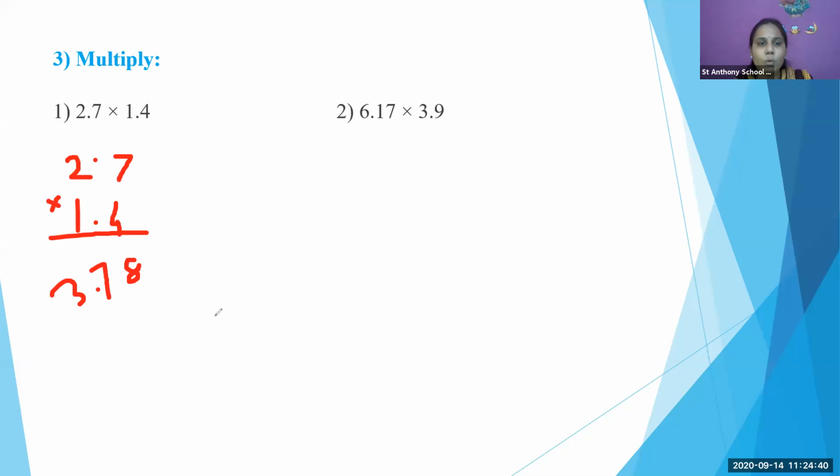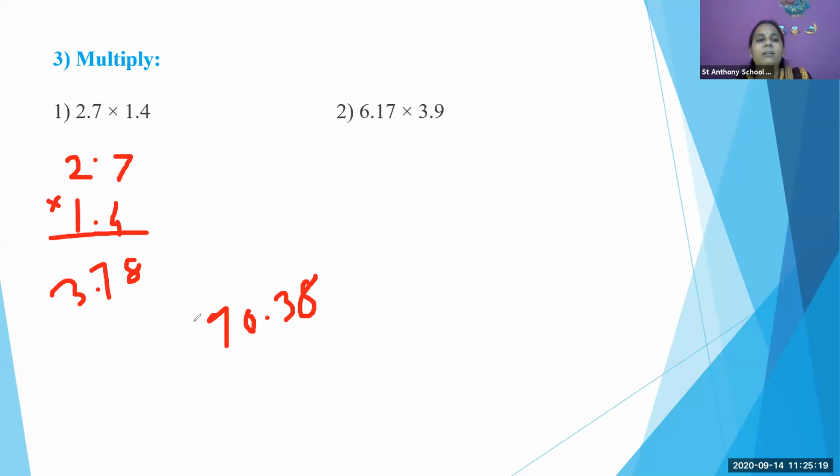If you get a percentage, many times a student gets, for example, 70.38. Don't tell anyone, I got seventy point thirty-eight percentage. No, it is wrong, because after the decimal point you should read it as three eight. So 70.38 okay. So you should read it as, what is the answer, 3.78. Yes, Jay has written this 3.78.